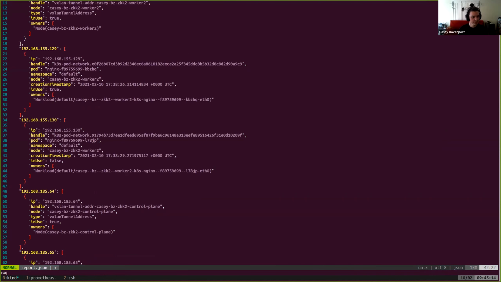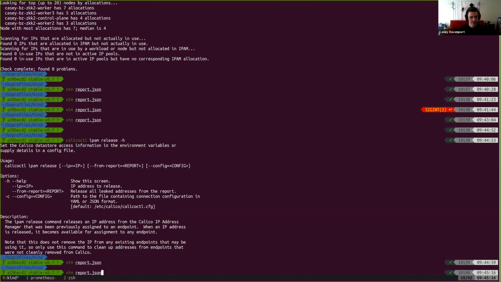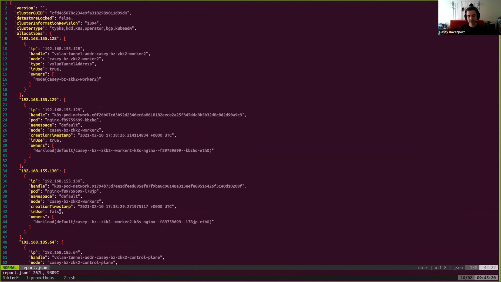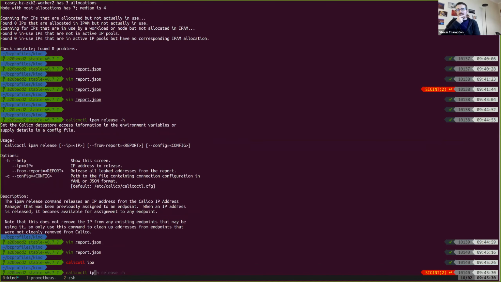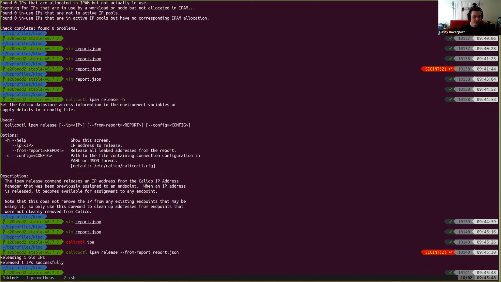I'm just going to hack it because this is a demo. But another thing you should never do in real life is modify this by hand. Well, you could delete an address from there that you don't want the tool to clean up later, I suppose. But yeah, you probably don't want to mark an in-use address as not in use, because that's just going to break your cluster. I think this is actually going to complain at me. Oh, no, because I'm running old code. If I use the new code, it would complain that the data store isn't locked, and it would ask me to